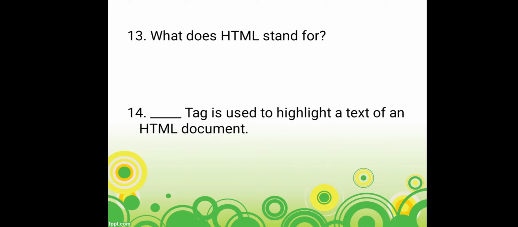Next, what does HTML stand for? So simple. We have been studying this from 11th standard itself. H stands for hypertext markup language. Now here spelling mistakes are there. Hyper, HAYPER, many wrong things are written. And also don't write it continuously.